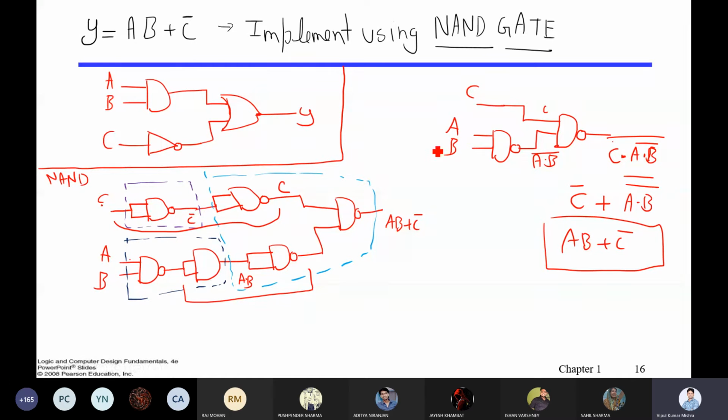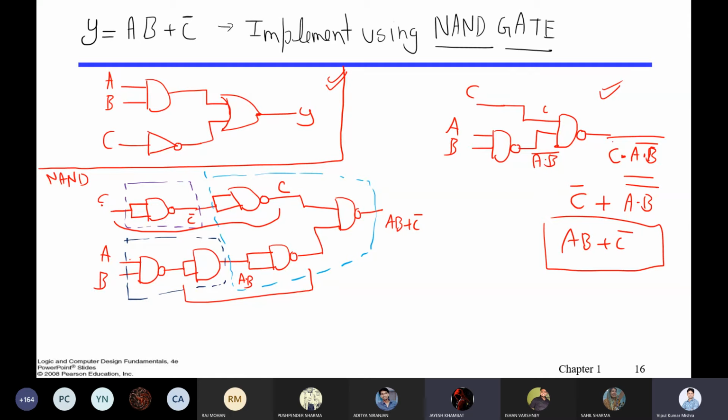Now look into the circuit. Do you find some difference here? If you are using AND or not, and if you are using NAND only, do you figure out something special here? By using NAND gate, it is more simple. You require only two NAND gates, whereas there are three.